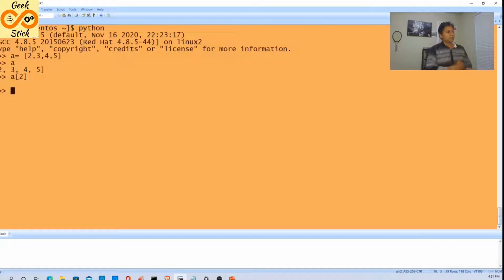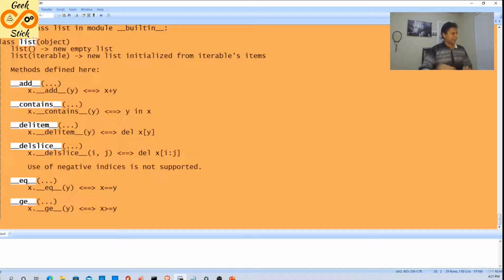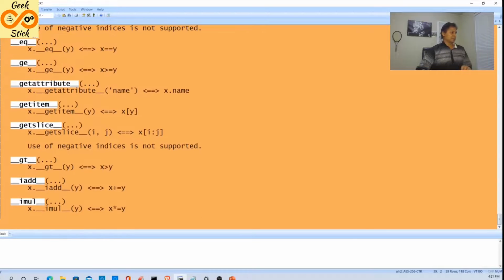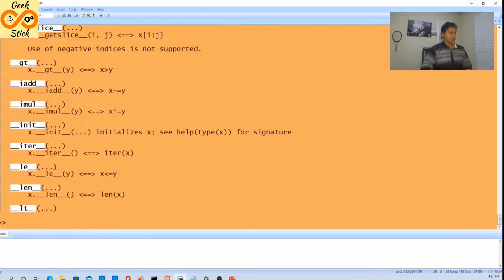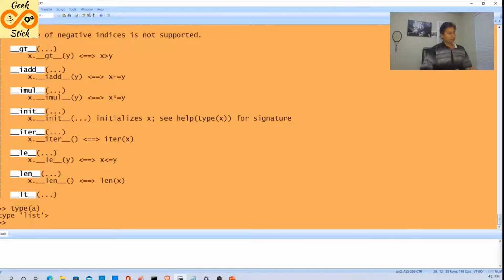Now, if you want to get some help about this list, I can type help of list. It will show how I can use all these commands. Another thing is, if I say type A, it will tell what type this is: list.